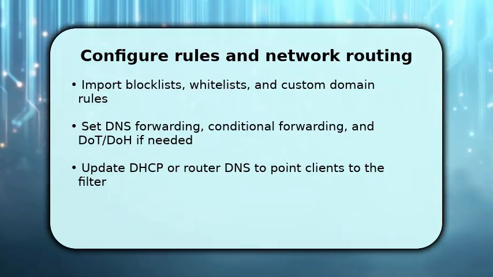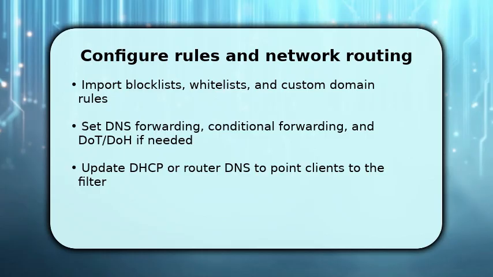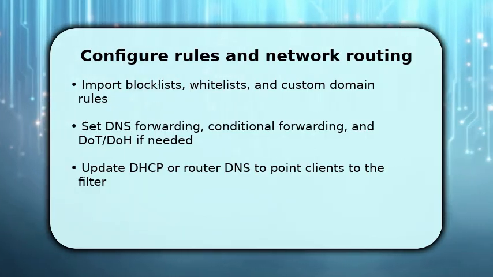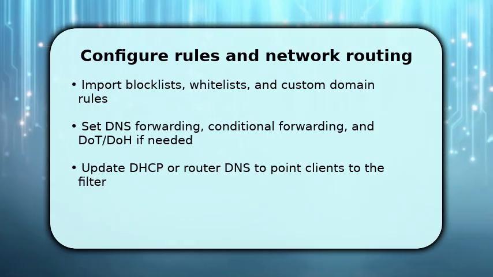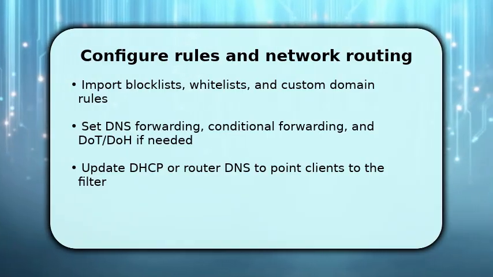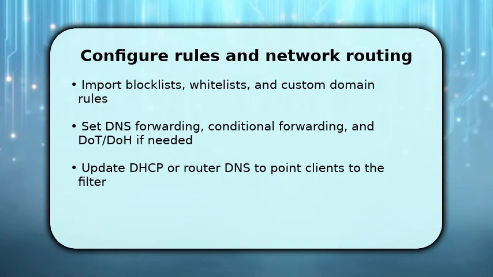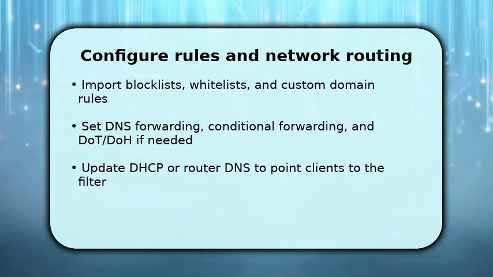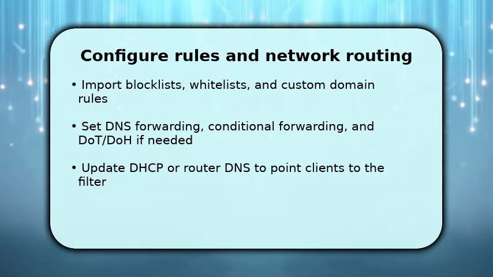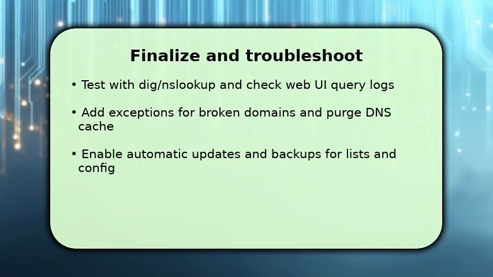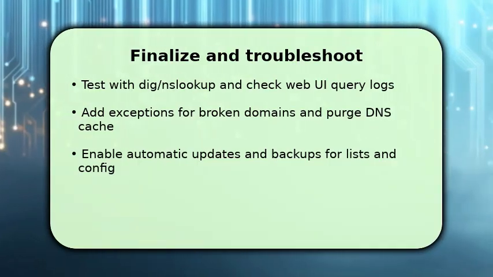Next, change your router DHCP DNS to the filter IP so all devices auto-use your filter, or set static DNS on critical devices. Monitor query rates and hit rates to spot misconfigurations, and iteratively tune lists until blocking is effective without breaking essential services. To finish, test resolution with dig or nslookup from multiple clients and watch live query logs